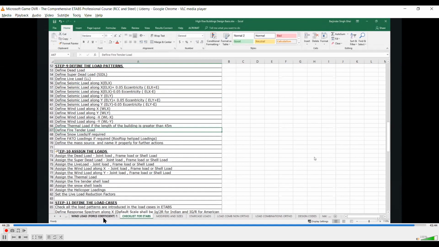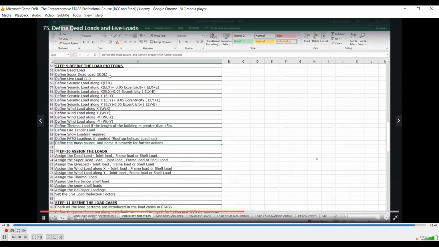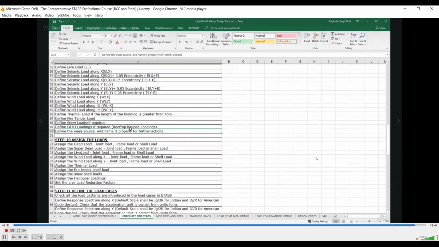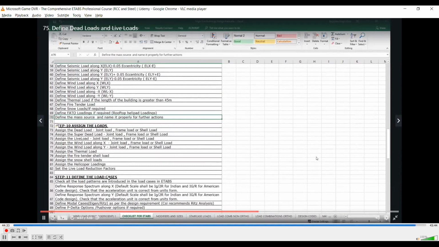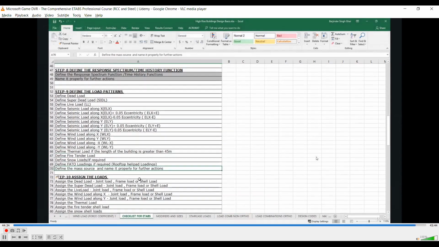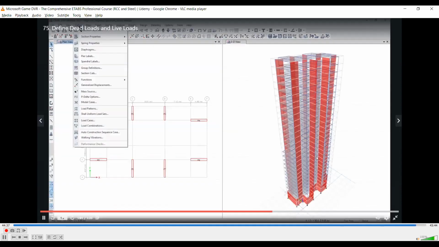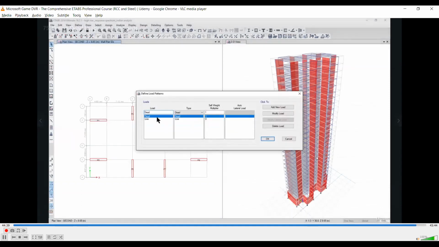So we start with defining the load pattern names. In ETABS, we need to define load patterns and also load cases. So we go to Define, Load Patterns. Dead and live are by default available in the ETABS model. So we name the next one super dead, SIDL.